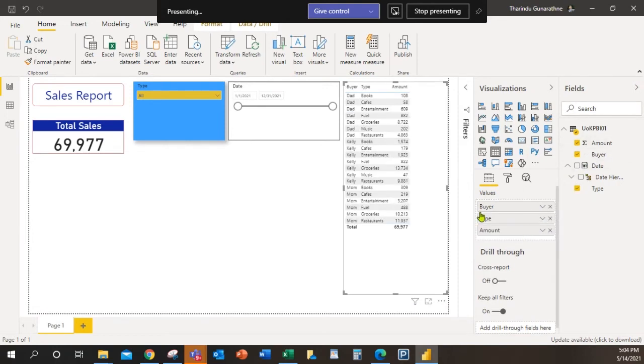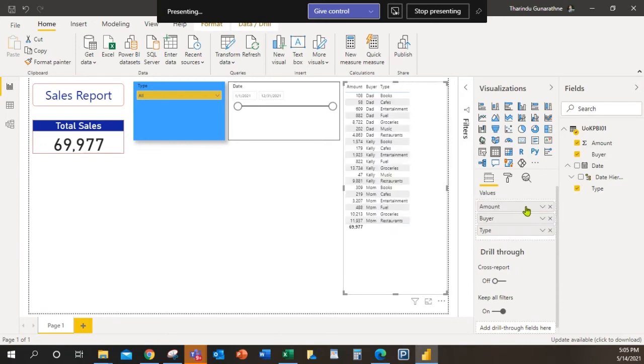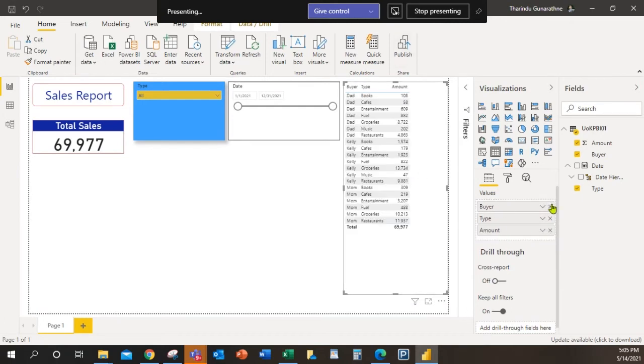Okay, let's say if I need to move this amount column as the first column, then I just need to pick this one and drop here. See, now our amount column got moved to the first column. This is very small.